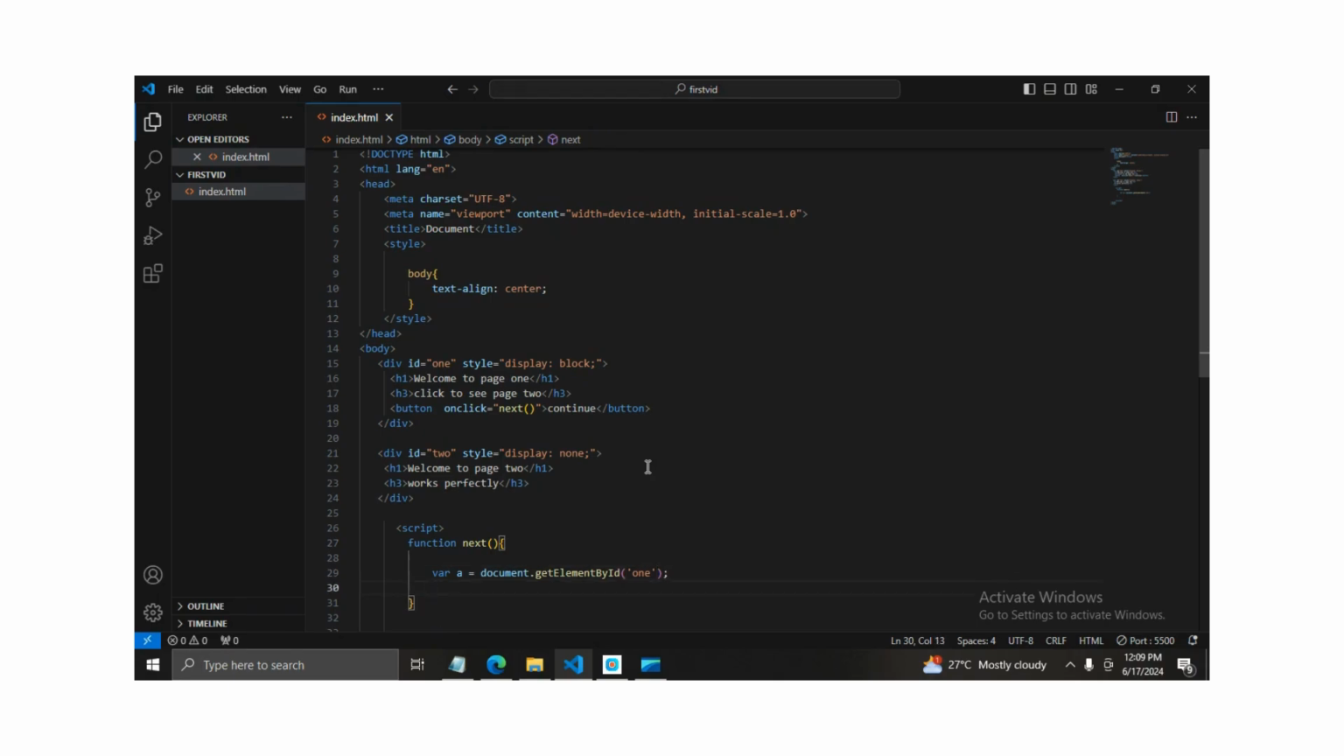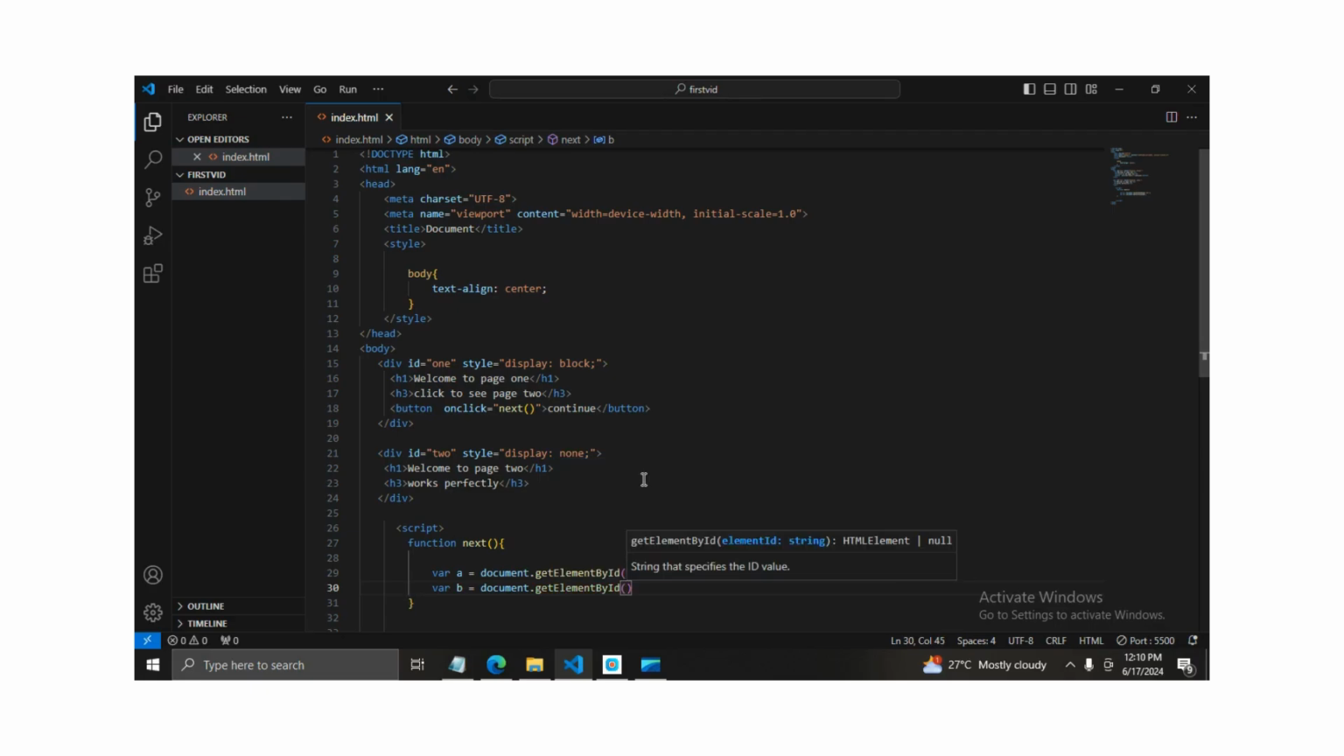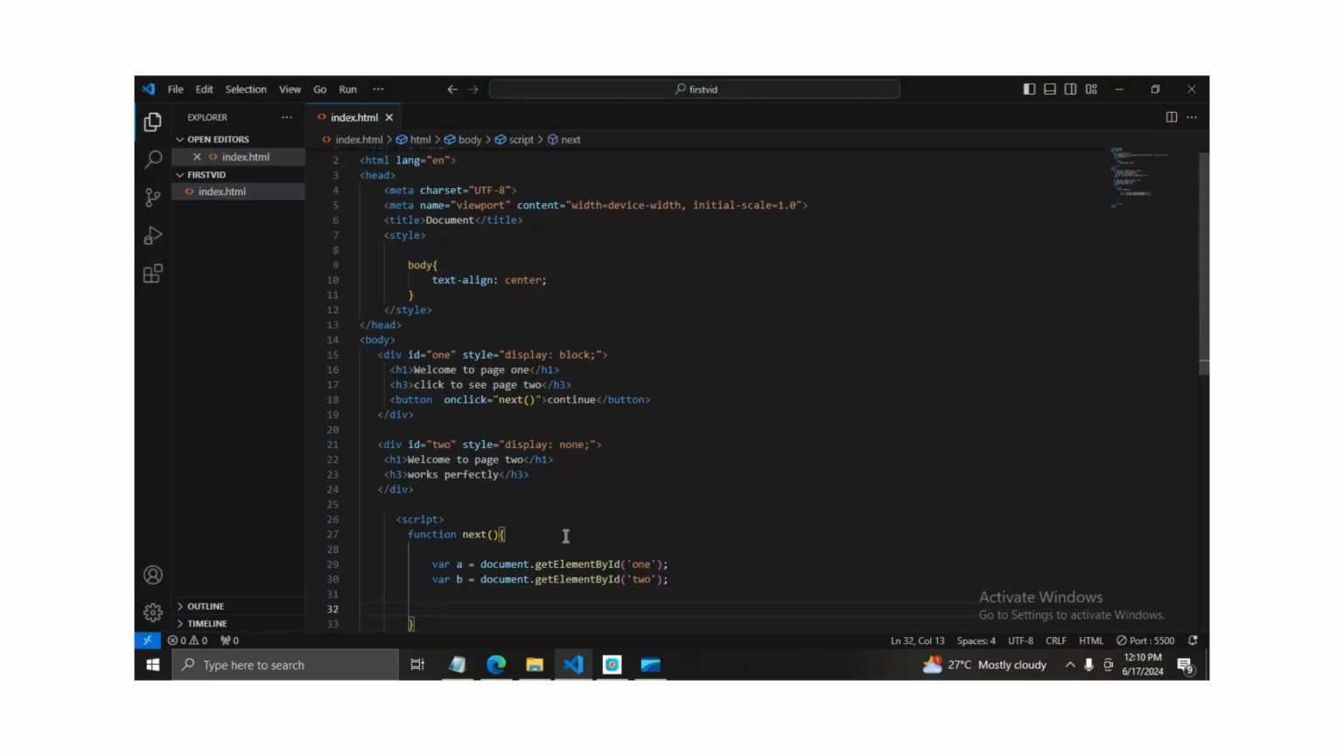Then the next variable, say b, that will represent the second page. So we'll do the same thing, document dot get element by ID, right? And then the ID for div 2 is 2, so 2. Having done that,